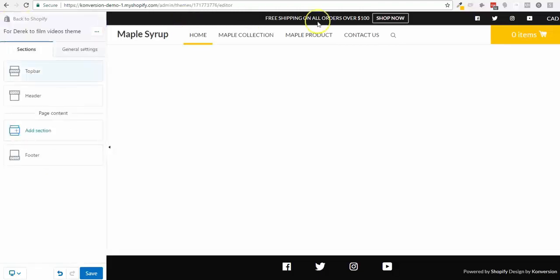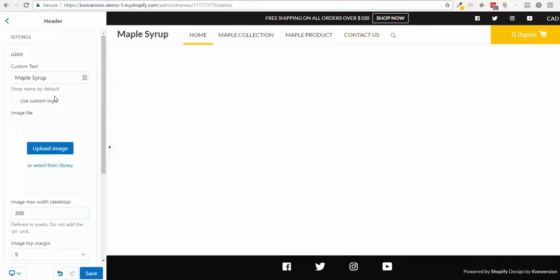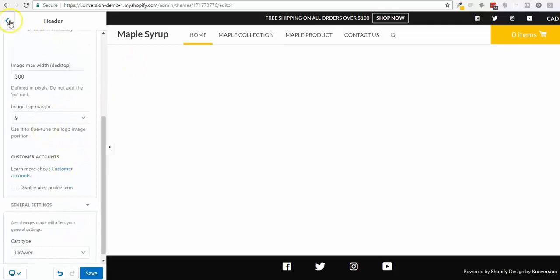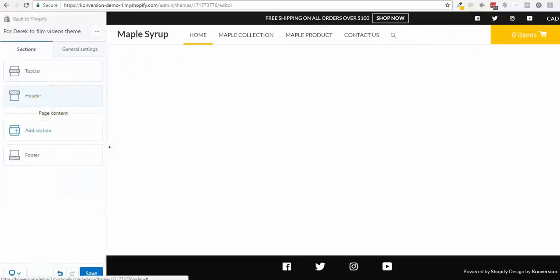So I'm gonna keep this navigation for later. What I want to do right now is to show you, well, basic stuff like logo or not, width, height, customer accounts, cart type as well. But the more important is the sections for the homepage. Just to mention that the sections are not limited to the homepage. They are available to all the other pages as well as a built-in page builders for pages like About Us